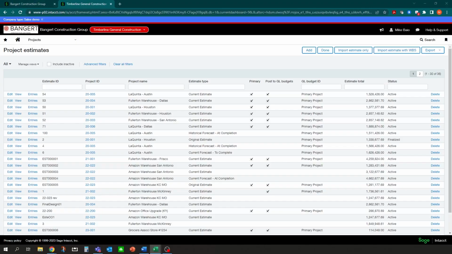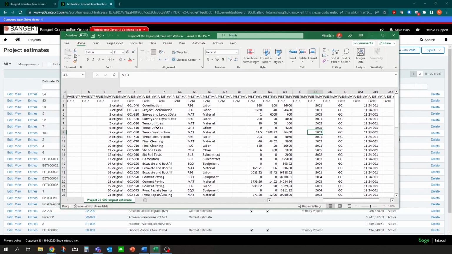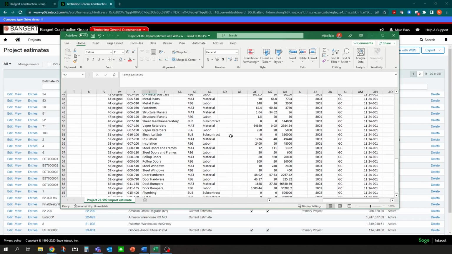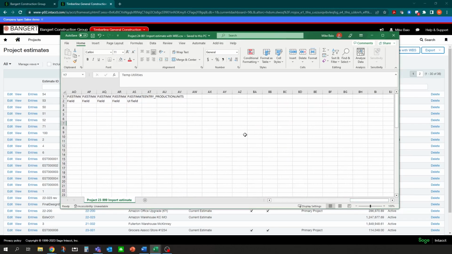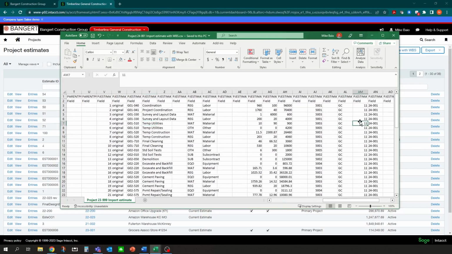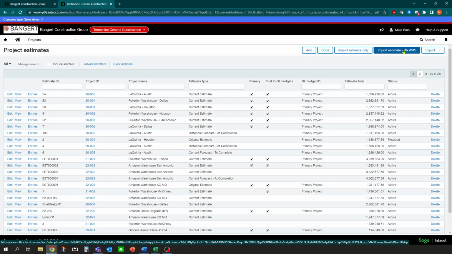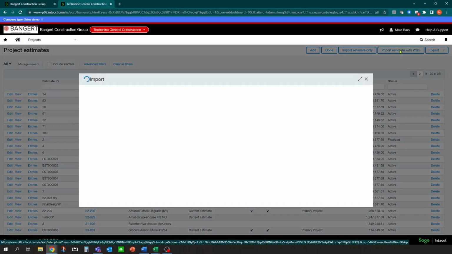So if I pull up my spreadsheet template, I have a spreadsheet I've created here with all my line items already in it. And it's a pretty simple, straightforward template that can be populated in manually or copied in or generated out of another system. So I'm going to import in these lines, these cost lines automatically. Now how you can do that is you can go right into Project Estimates and you can click Import Estimates with WBS. And what that's going to do is that's going to also set up your cost code and cost type lists at the same time so you don't have to build the list ahead of time as well. So we'll click on Import Estimates.